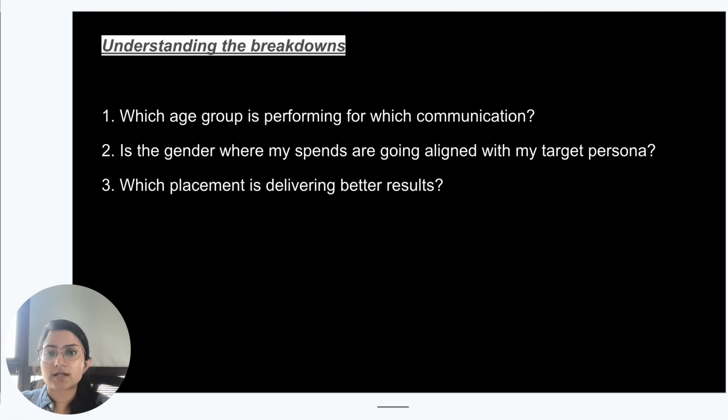And if you see that your main performance is coming from maybe your 18 to 24, but your spends are going to 25 to 34, that means there's something wrong in the communication. So start calling out your target audience in the creators, like in the communication. For example, if I have a lipstick and I know it's for Gen Z, I will try to use some Gen Z quotes in that to attract my new audiences with that kind of communication where they are relying